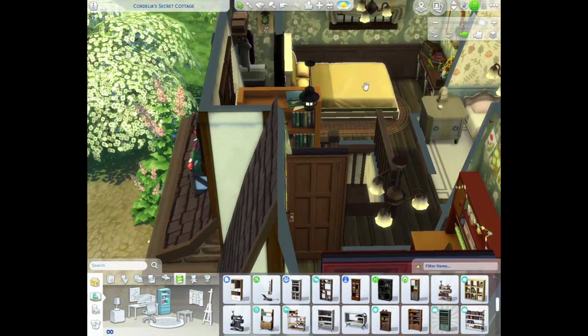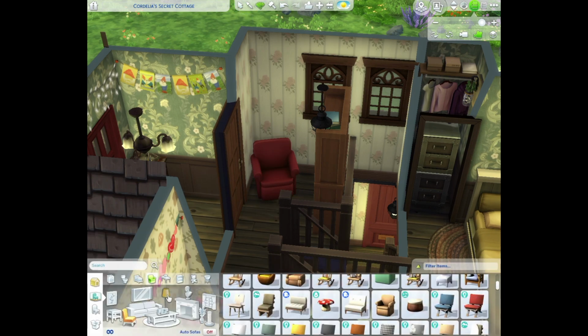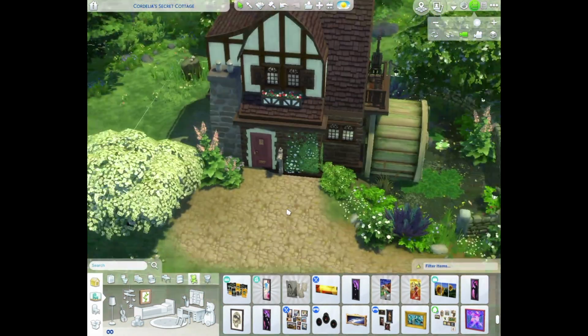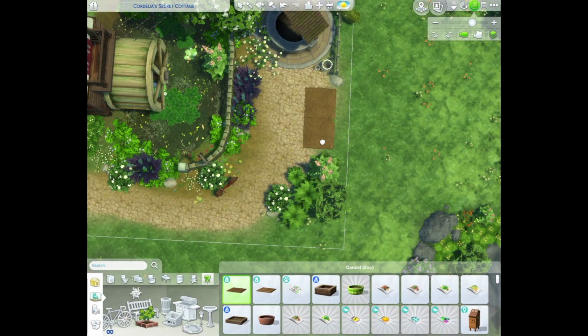And just finishing up the upstairs with a couch and a bookshelf so that your Sims can just sit and read. This is nearing the end of my build,